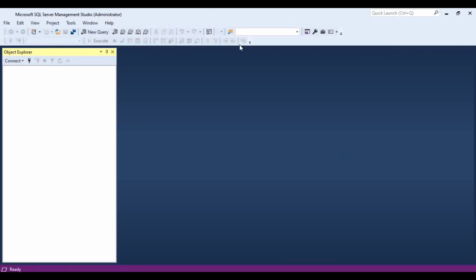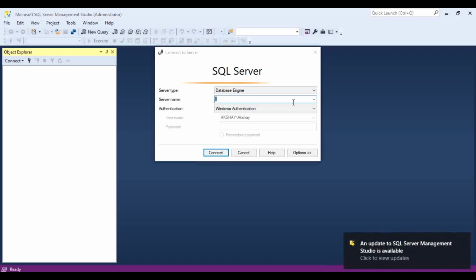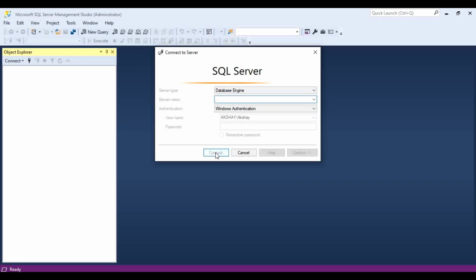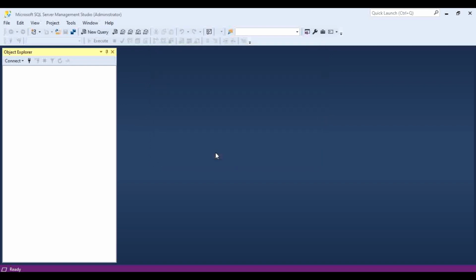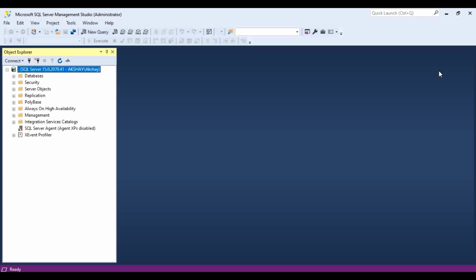This integrated development environment is what we use to connect to that database, which should already be installed on our computer. If I put the server name as a dot here and try to connect, and SQL is not already installed on my system, it will give an error. But if it is installed, it will find it, since dot means local machine. On the local machine it will look for a SQL database, and if it is there, it will connect to that database. So this IDE is used to connect to the database, and it is not the actual database. Keep that in mind.